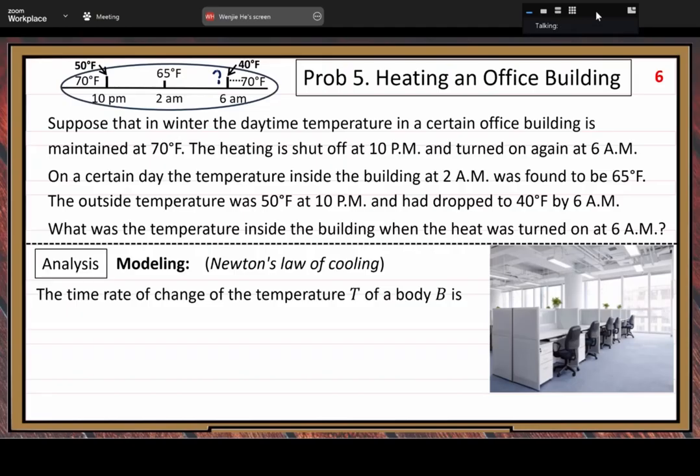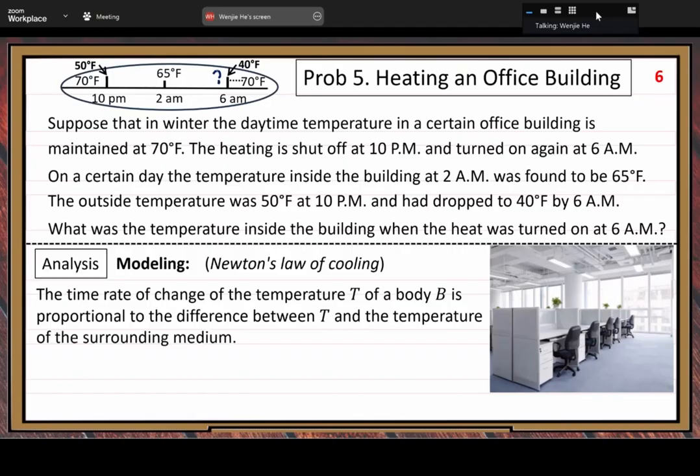So the time rate of change, the derivative of the temperature T of a body B. Here, our office is the body, right? The rate is proportional to the difference between T, the room temperature,